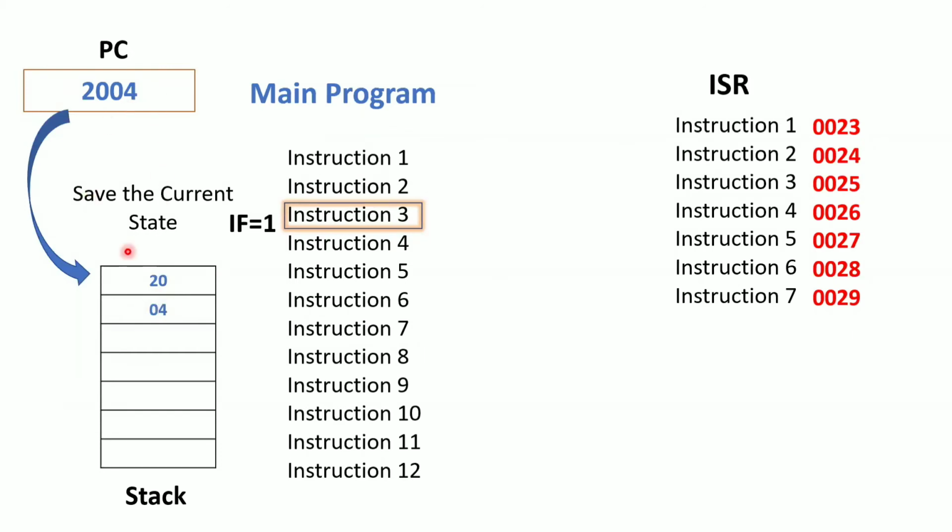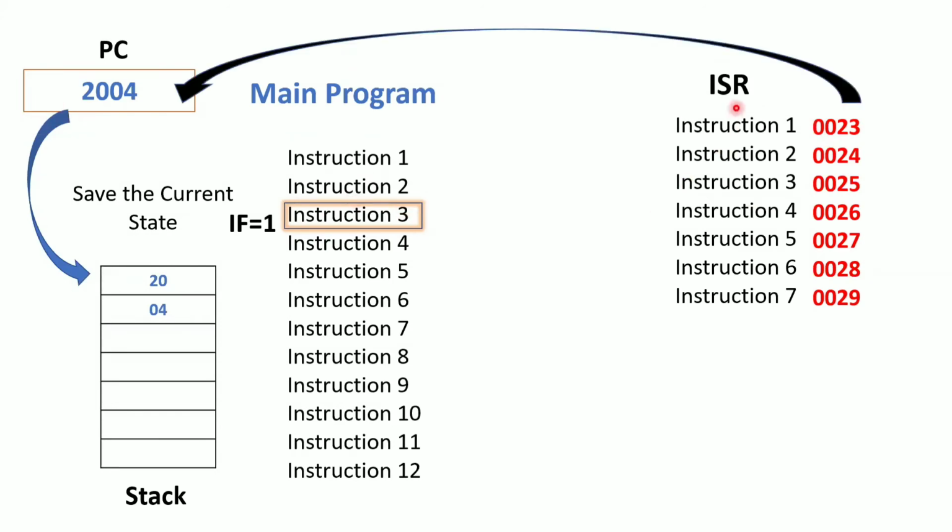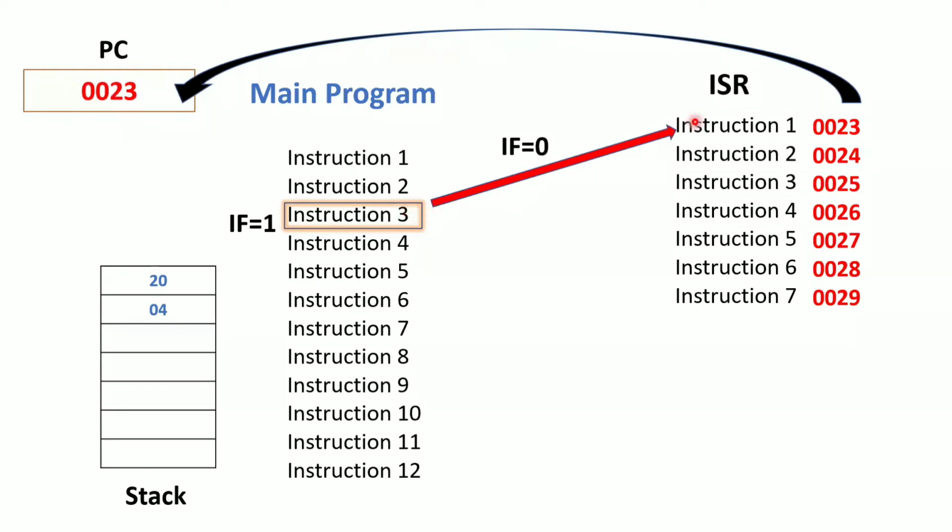Okay, now you have stored the current state. Now if I want to execute this program, what you need to do is load the address of this instruction inside your PC. Understood, right? Why? Because whenever you want to execute a program, I need the PC. Now 0023 has to be loaded inside your PC. Why? Because I want to execute the interrupt service routine. So before that, I am storing the current state of your main program. The current state is nothing but your 2004, from where I want to execute the program again at the next instruction, right? Now 0023 is loaded into your program counter, which means the microprocessor, your microcontroller, will go to the ISR. Now it will start executing.